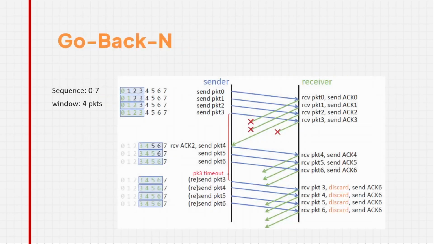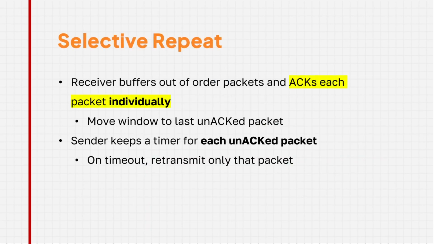So instead of having to discard these packets, what if we want to kind of keep them? We keep them first, then afterwards, if any out of order packets, we can just reorder them. That is basically the goal of your selective repeat. In selective repeat, we are going to buffer all the out of order packets, and we are going to ACK each packet individually. Okay, so in here, we are going to move the window to the last un-ACK packet, and